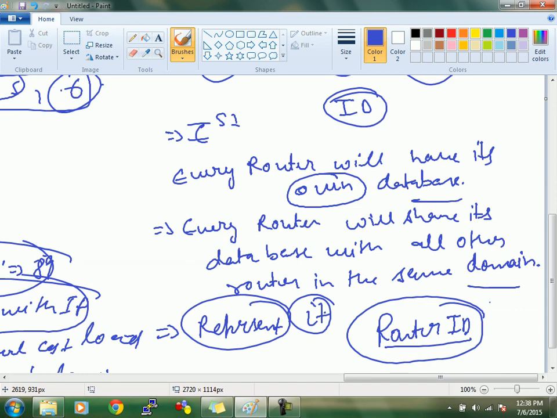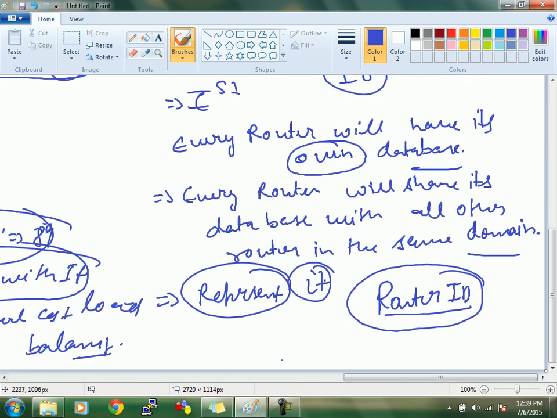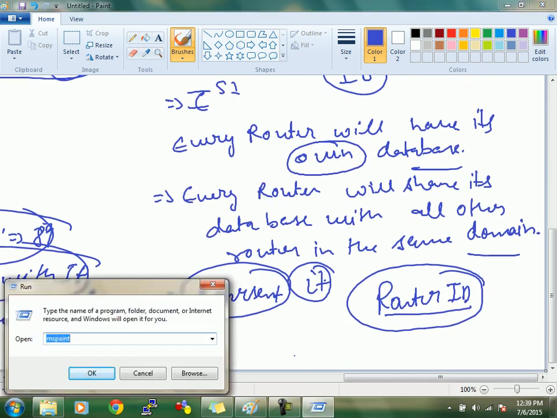This thing is clear? We will discuss it in the practical, what it will do. It is just a phenomenon to understand. Yes, it will create flapping of updates. This thing is clear? Now,